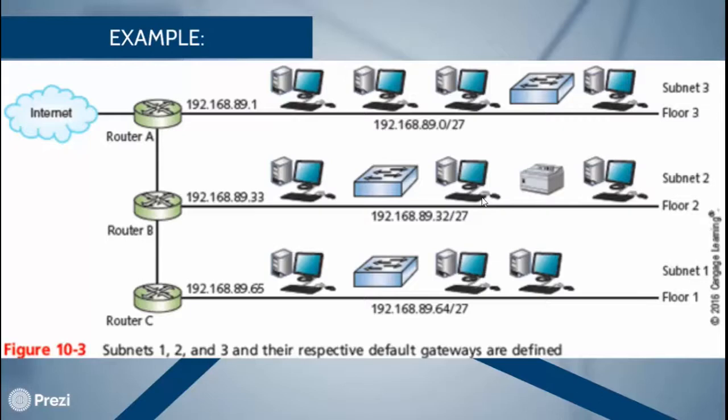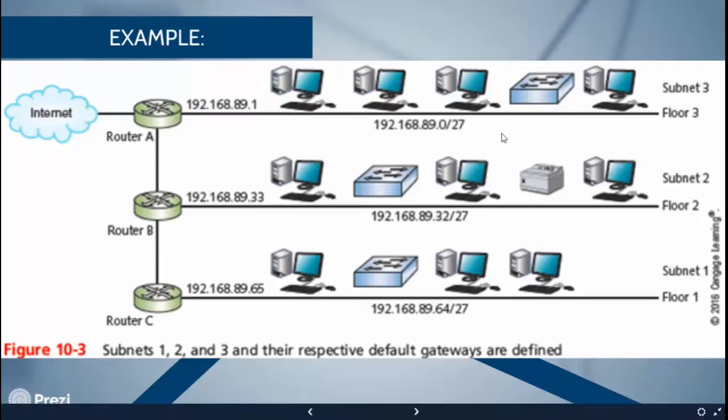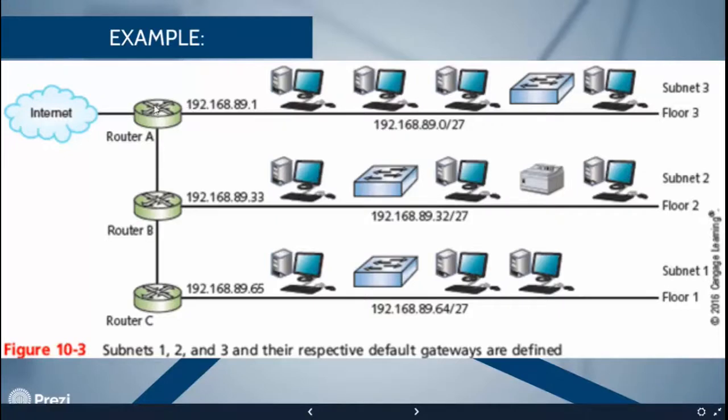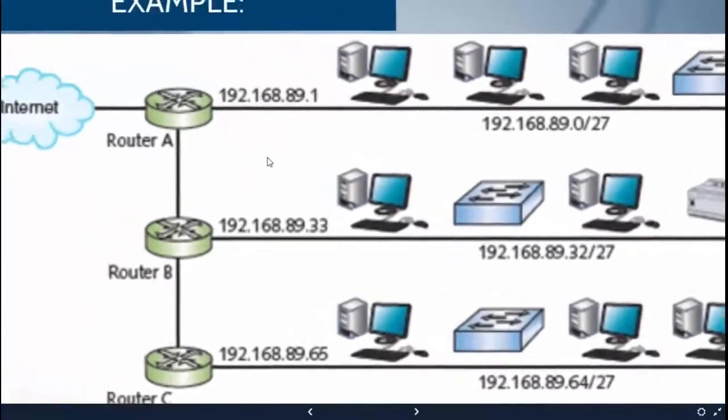So here we see that there are 3 floors and are divided by 3 networks. That's because one router is for one network, another router is for another network, and then the other is for the other network. As you can see also that the router has these addresses